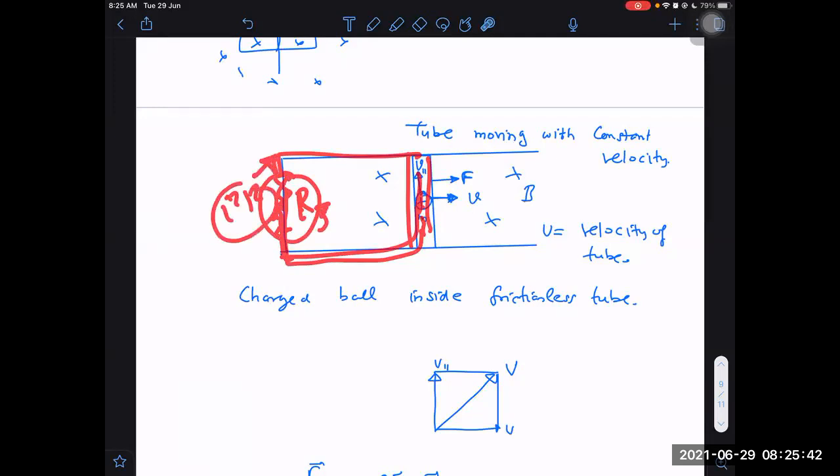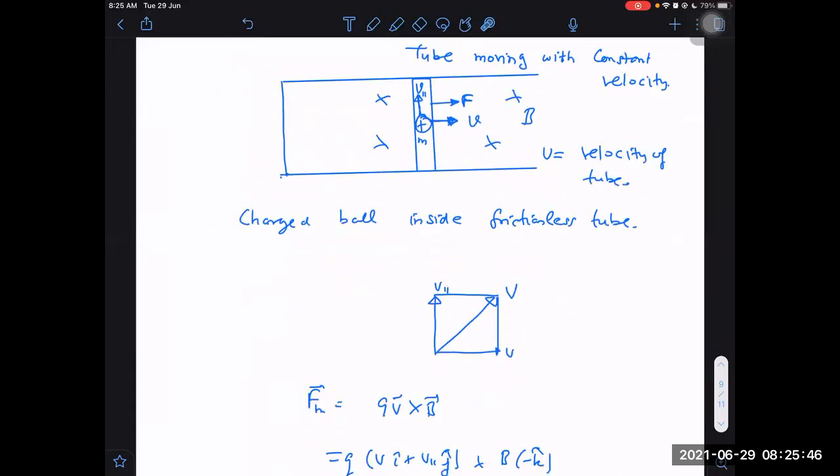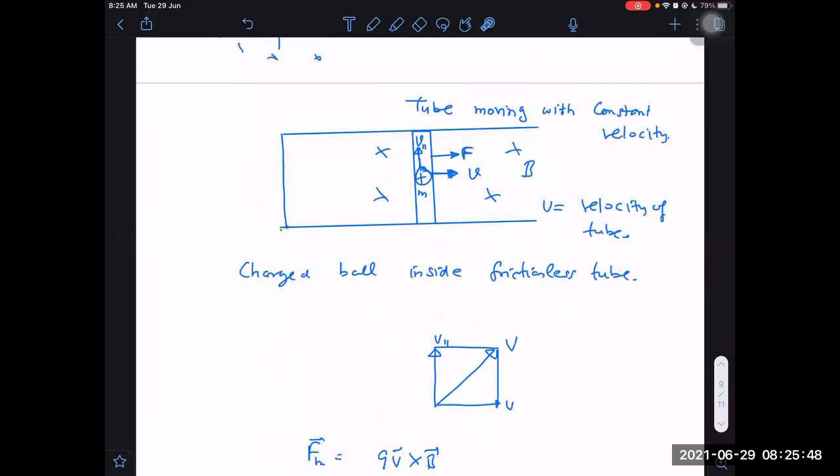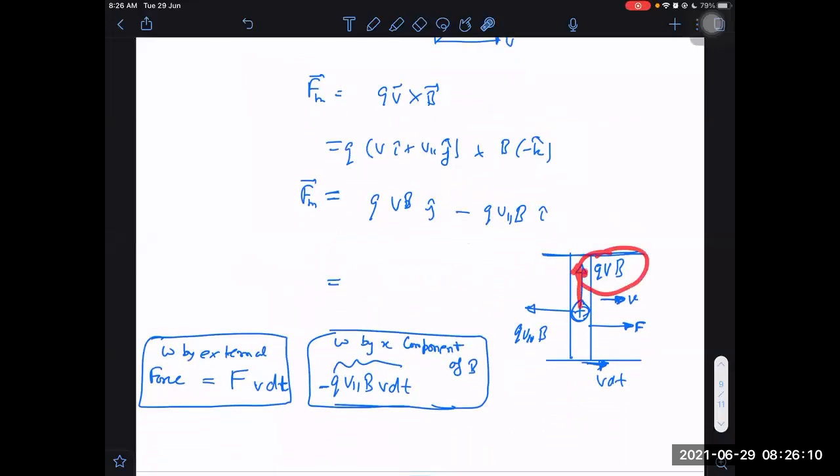So where does that dissipated heat come from? That dissipated heat appears to be coming from where we think it is coming. Somebody may think it is coming from the F into this external force work only. That is only ultimately supplying energy to the charges, which is finally dissipated in the form of heat in the resistance. That is true. Somebody may think in this way, that it is coming from this term. It is coming from this magnetic force term, but it is one component of the magnetic force that is doing work.